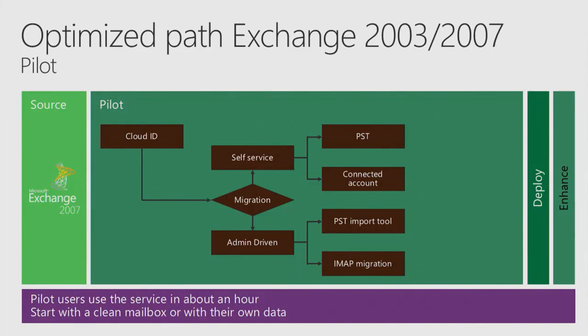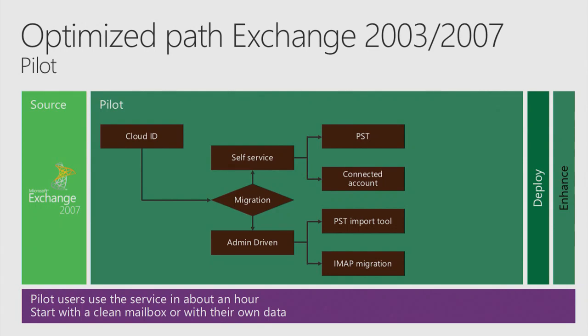What this means is, if you have Exchange 2003 or 2007, I'll just be really honest, there is not a hybrid story with older technology. 2010 SP3 and 2013, those are cloud aware. Exchange was built for the cloud starting in those years. So if you have Exchange 2010 SP3, you can connect to the cloud very easily in a hybrid approach, and you actually can move mailboxes directly through your Exchange Management Console.